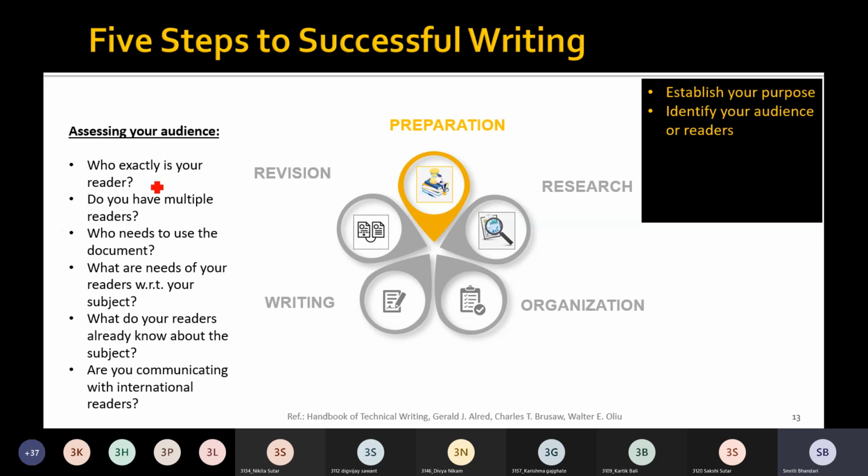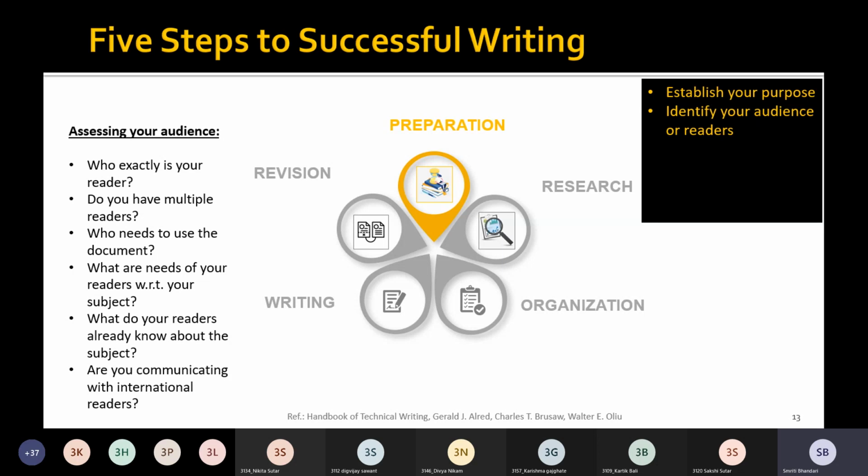All these are the questions that you need to think of while assessing or identifying your audience. If you are very clear about who is going to read your document, then it would be better to structure your information accordingly. That is why it is really very important to understand your audience, to know who is going to read that.